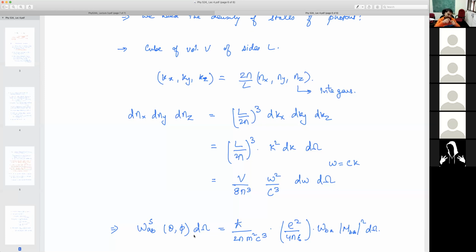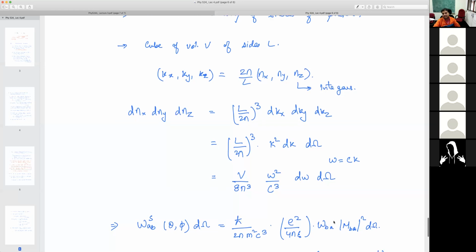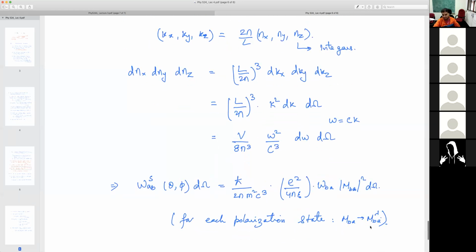So we are doing this calculation for linearly polarized light. For linearly polarized light, I can have two polarizations. Let's say if the light is traveling along Z, then along X or along Y. So this is for each polarization. And for the other polarization, this MBA will become different, so it will become polarization dependent, let's say lambda. Then I'll have to sum over both the polarizations to get a total photon count per second coming into the counter, per unit incident intensity. So that's what I will experimentally measure.